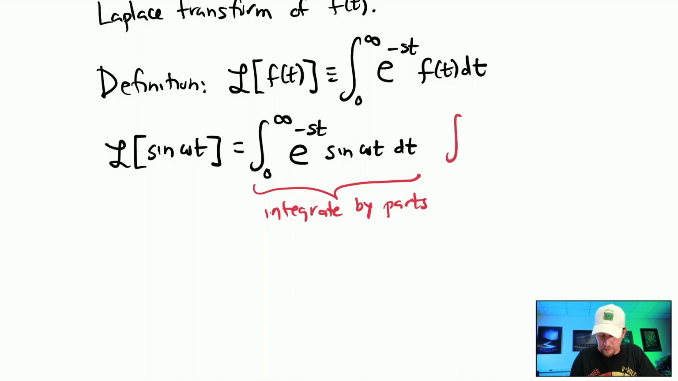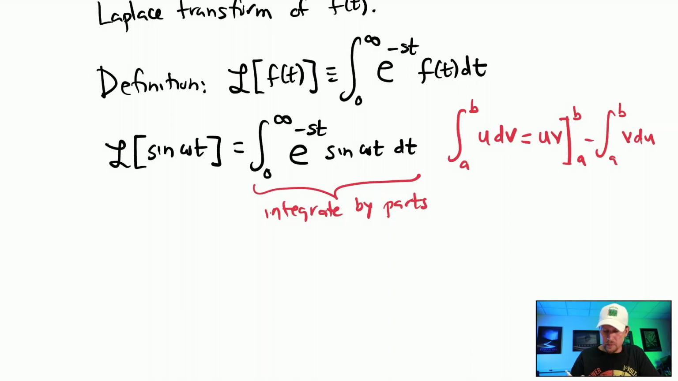And remember that the integral from a to b, the formula for the integration by parts, the integral of u dv is uv evaluated from a to b minus the integral of v du. And we need to pick a u, we need to pick a dv, and it really doesn't matter for this one which one you end up picking, but I'm going to go ahead and